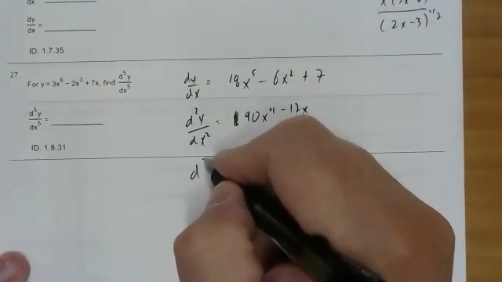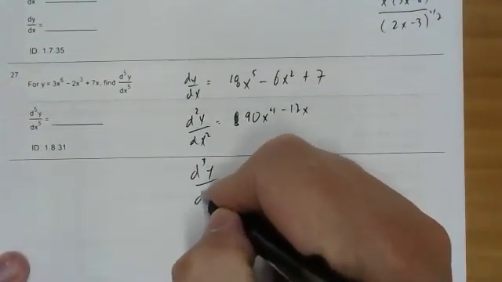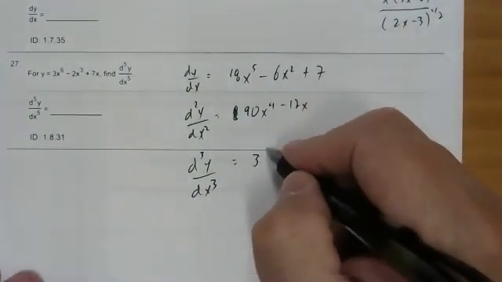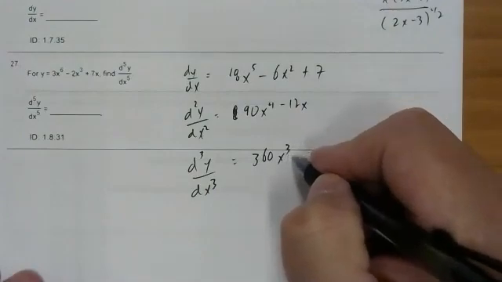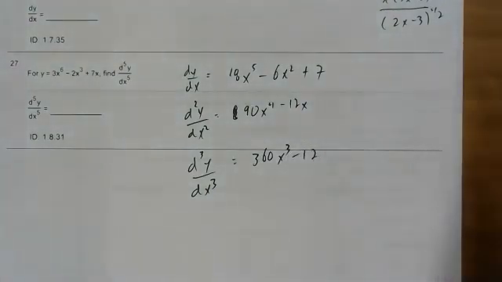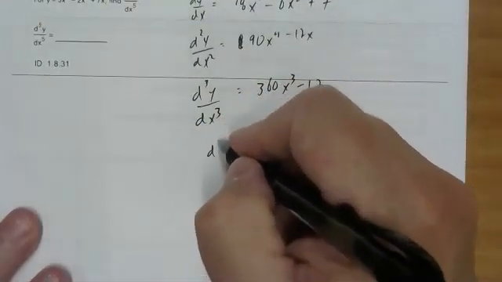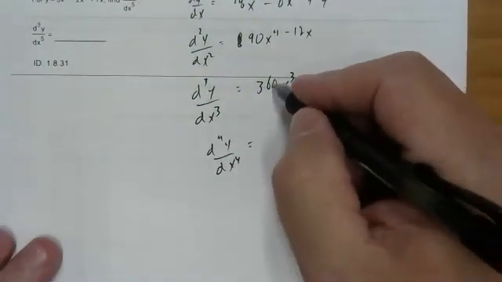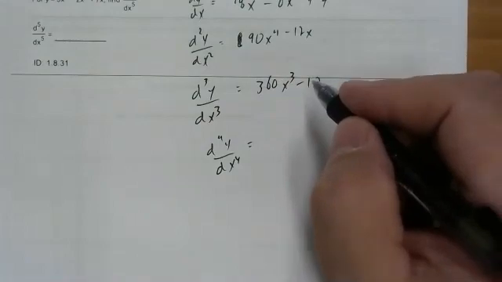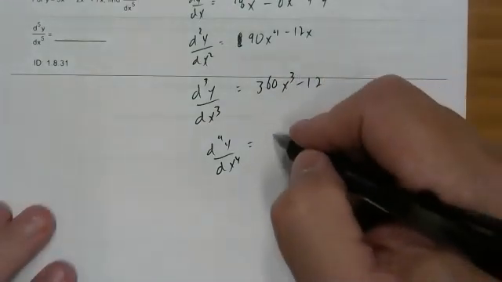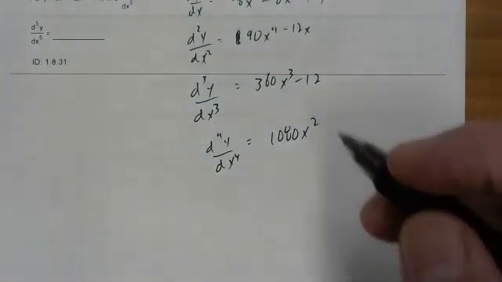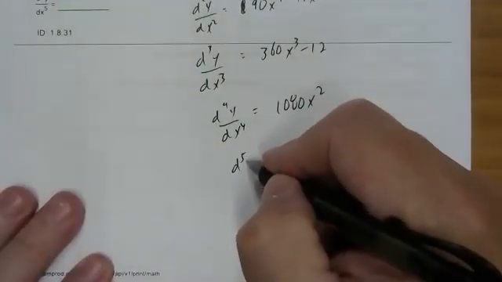You just keep going. 360x cubed minus 12. You just keep going. 360 times 3 is what? 1,080 x squared. And if I didn't mess up,